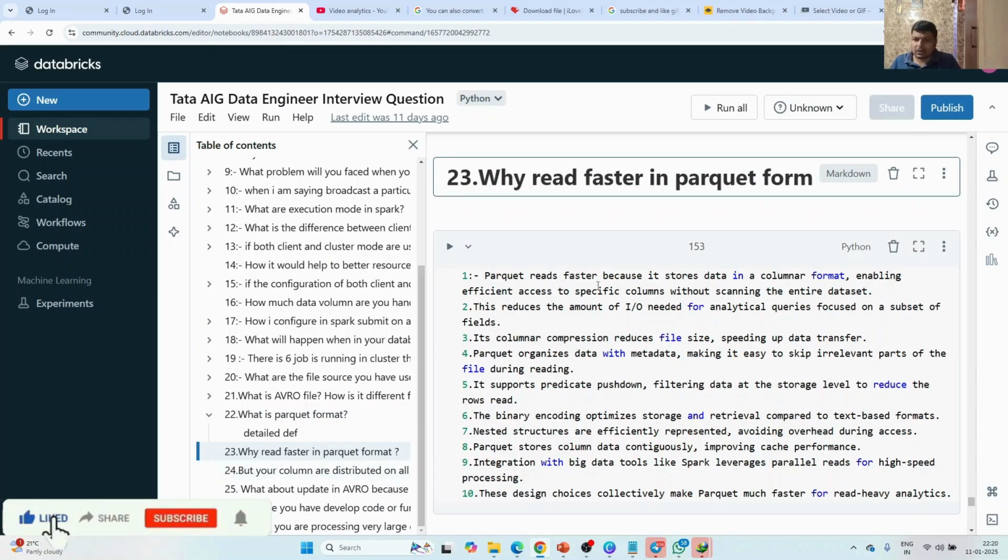Then I told him Parquet reads faster because it stores data in columnar format, enabling efficient access to a specific column without scanning the entire dataset. This reduces the amount of input/output needed for analytical queries focused on a subset of the fields. Its columnar compression reduces file size,